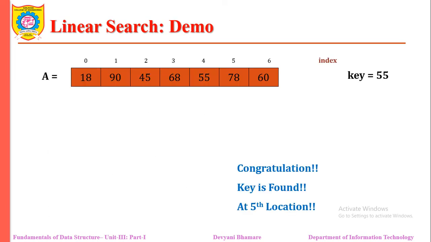And if the key element is 100, now here I is equal to 5. Is the key equal to A of 5? 78 is not equal to 100. Again, 68 is not equal to 100, meaning all elements have been traced. At that time we can say that the element is not present.